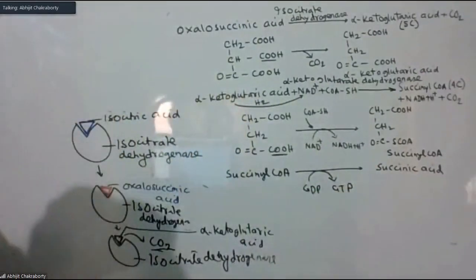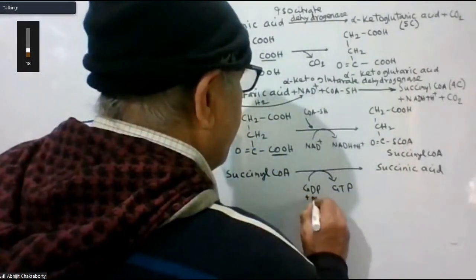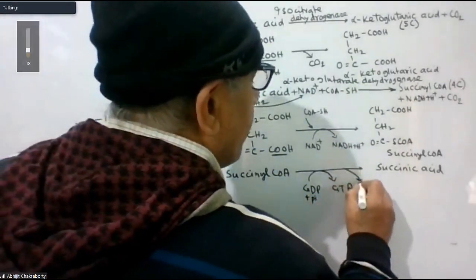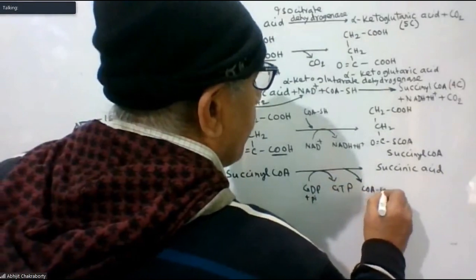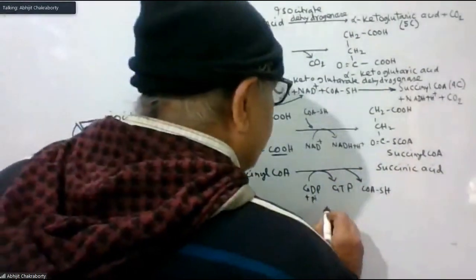GDP is converted to form GTP, and this GTP then